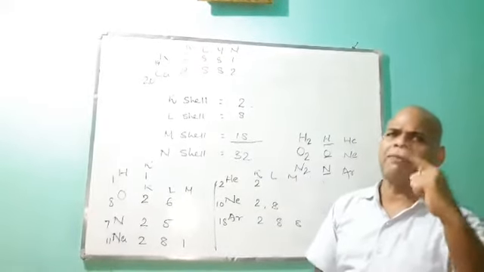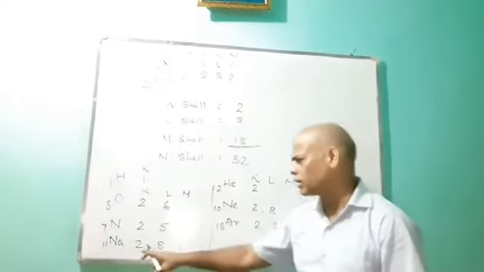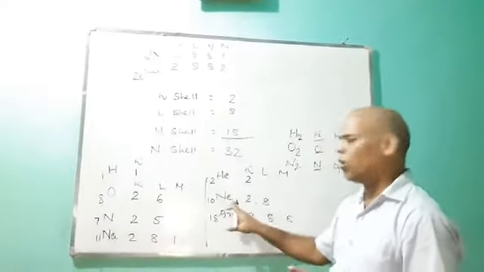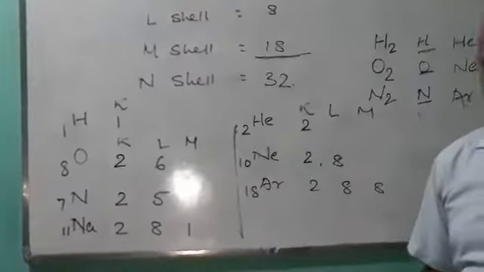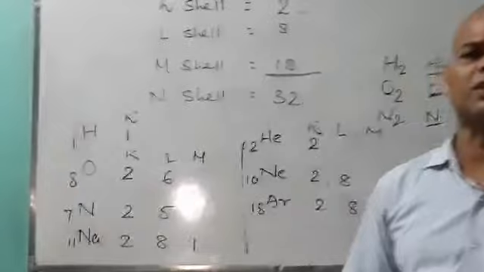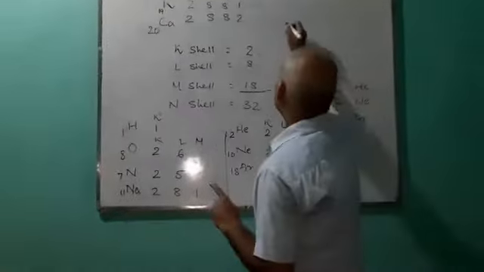So sodium prefers to lose 1 electron in order to get the electronic configuration of neon. Sodium achieves a stable electronic configuration by losing 1 electron. Similarly, if you talk about